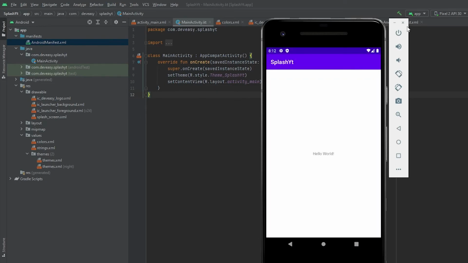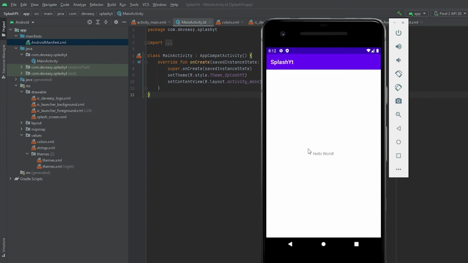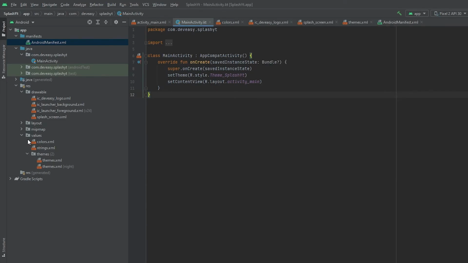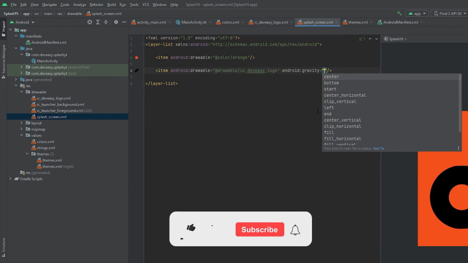Okay, now you can see this here. It is coming out somewhat different. So for that we have to go to our XML file and add the gravity to center.